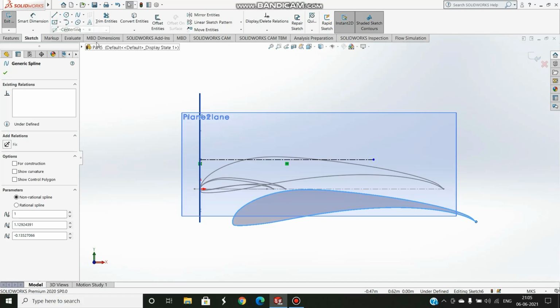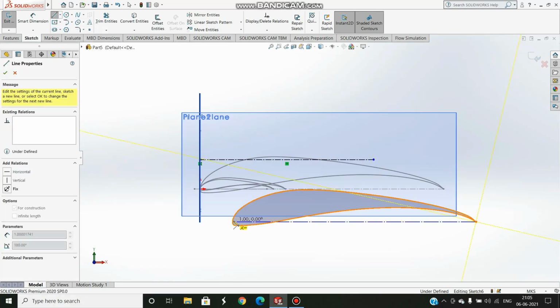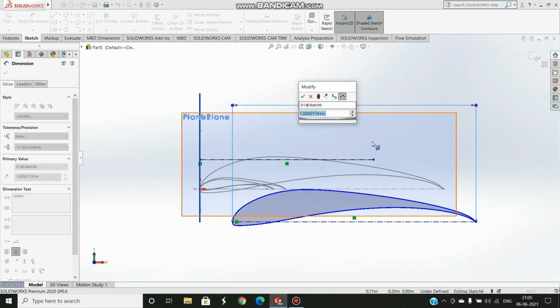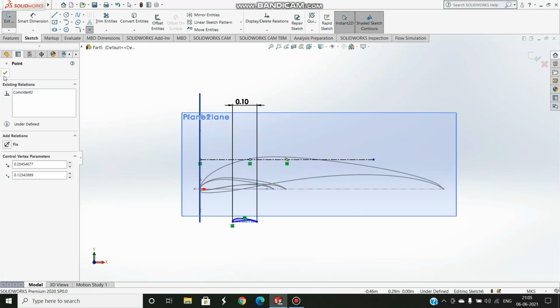Now I'll use center line, make a horizontal line, and then I want this to be 0.1 meter long. So I've done that, and how far I want it, that also I can do.